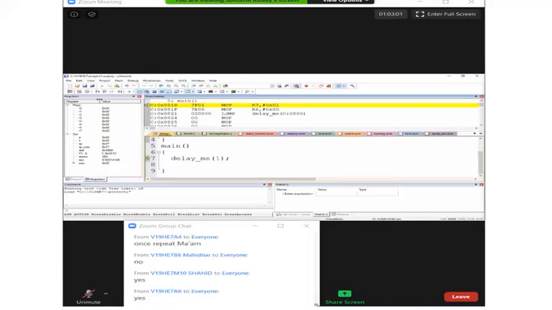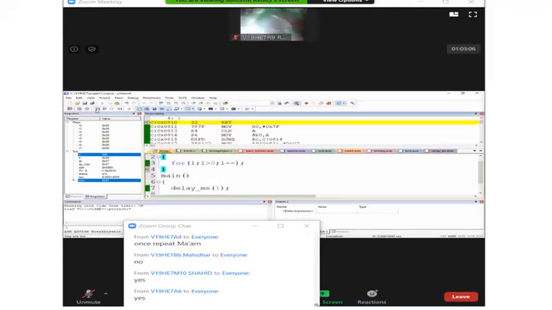And by the time I return back after executing the delay function, it is showing 802. Before starting it is 389. So how much has that particular function taken? 802 minus 389. So it is 413. Now everyone is clear?